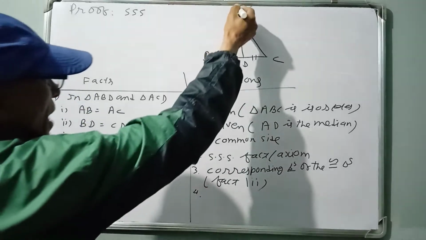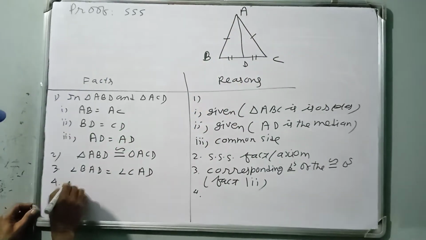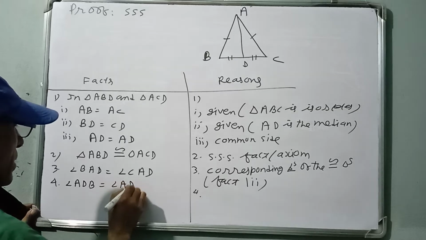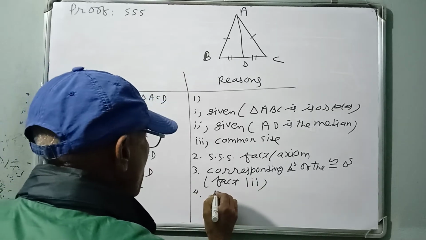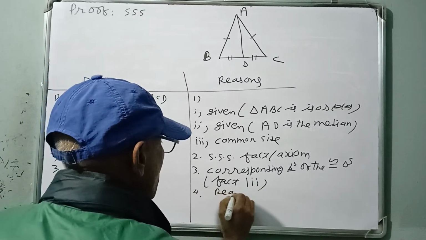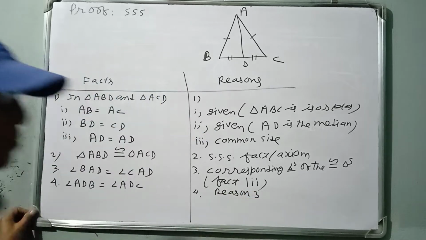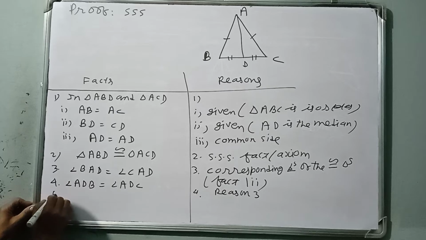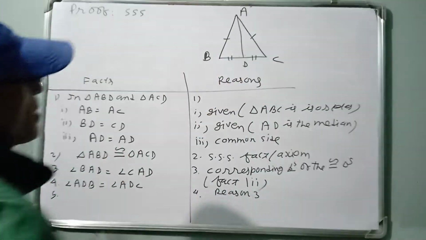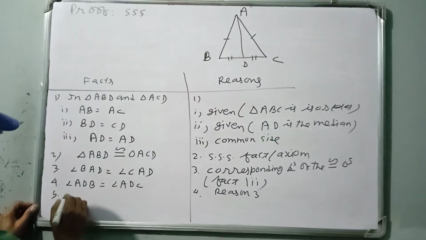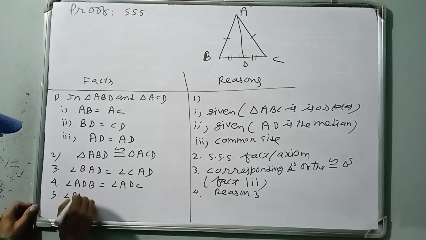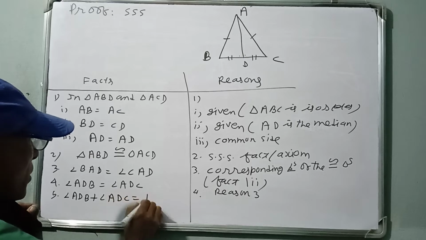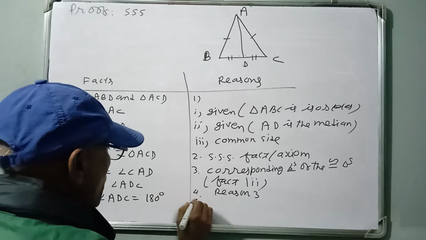Another angle: angle ADB equals angle ADC. Reason 3, corresponding angles of the congruent triangles. These two angles are equal, but their sum is 180 degrees. Angle ADB plus angle ADC equals 180 degrees. Reason: